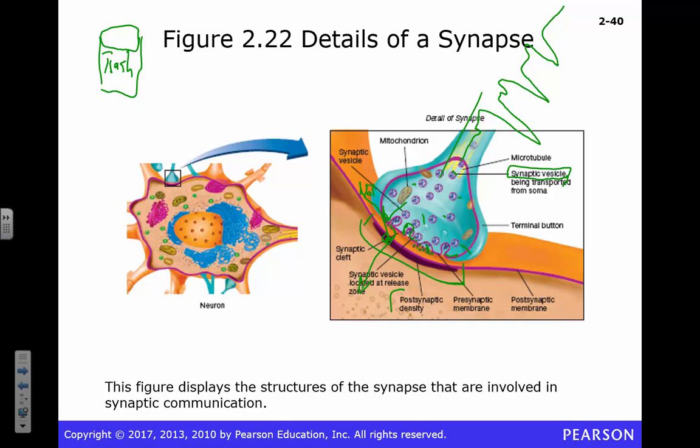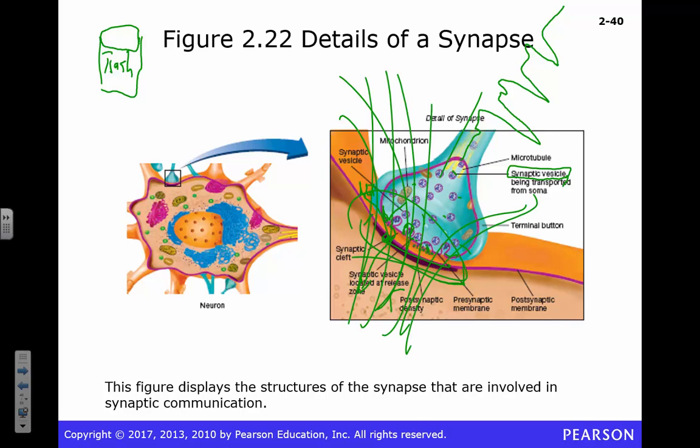If we get enough of these to open, and we get enough sodium channels open, and enough of these sodium ions to go in, we're going to get that depolarization. We're going to get up to that threshold of excitation, action potential. We've passed on our signal. We're good to go. We're done. We can go back to resting membrane potential for the rest of our... No, because we probably got another signal we got to send.